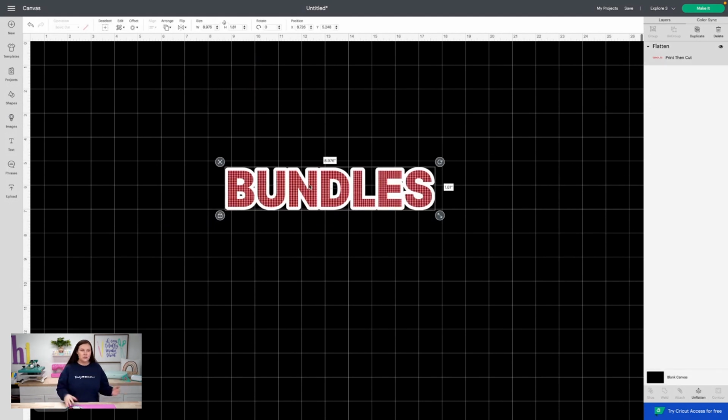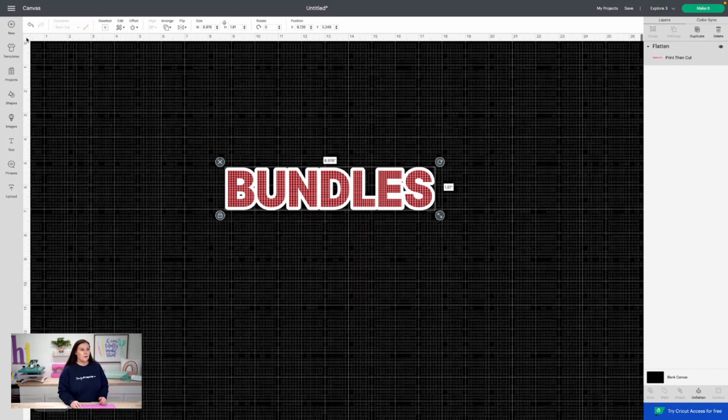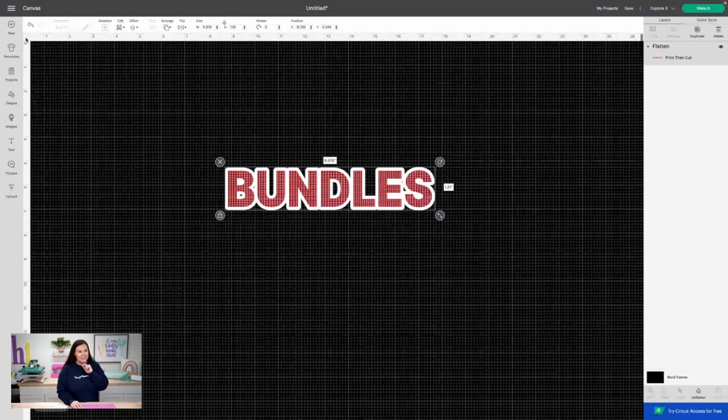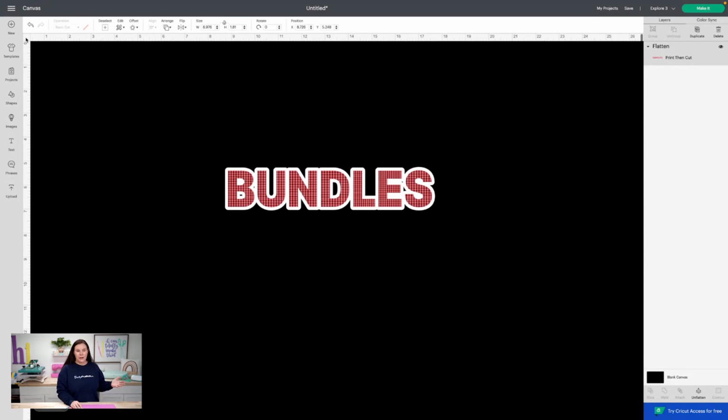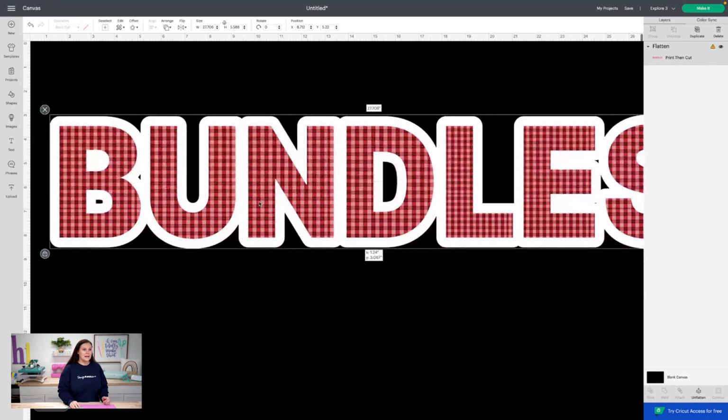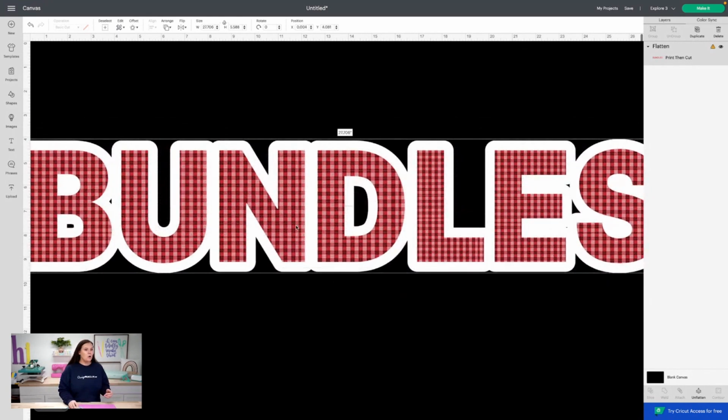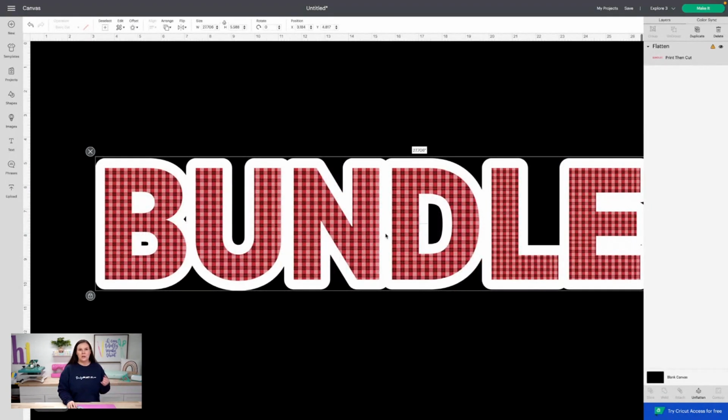Now, another thing, just in case you guys didn't know, if you wanted to get rid of your grid or change the size, this little blank square over here on the left, you can make teensy tiny squares or you can just have it solid black. So you can definitely do that as well. And then I'll bring this out so you can really kind of see that design in there. It's so cool. So this would be perfect for sublimation or, that Cricut EasyPress and things like that, or whether you were creating a sticker.